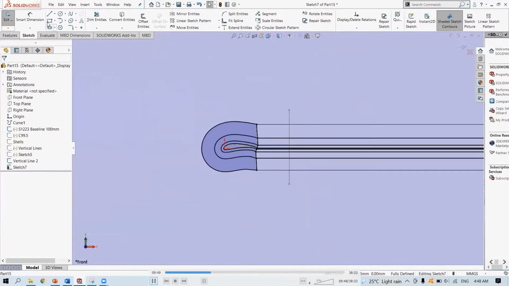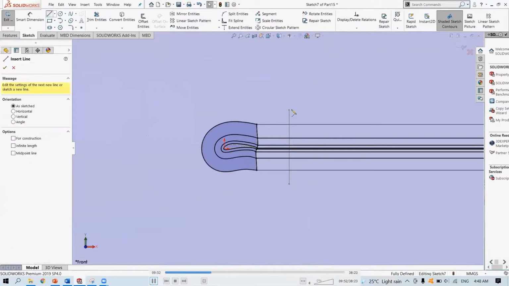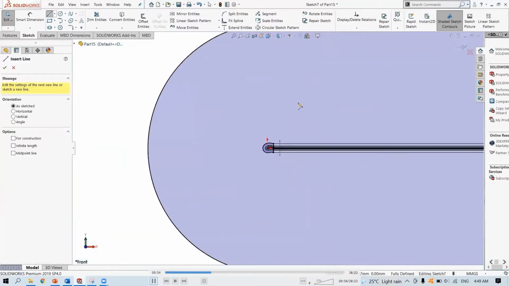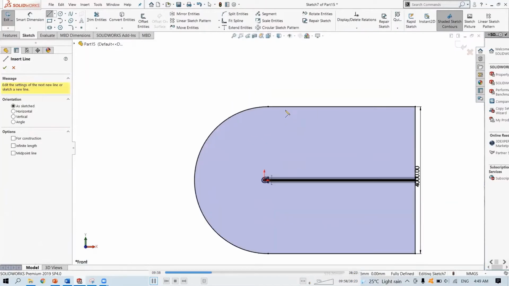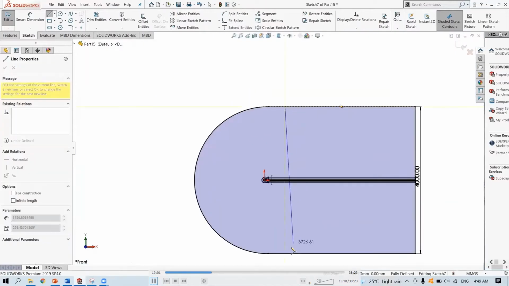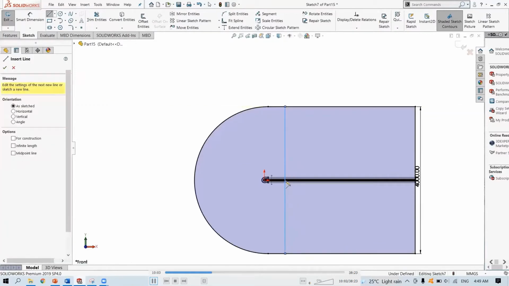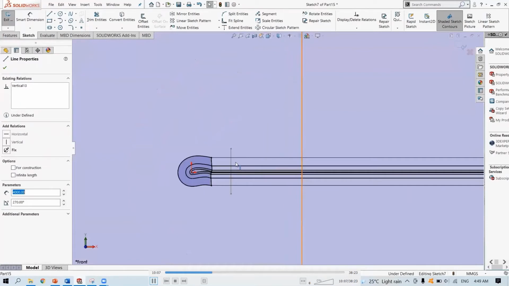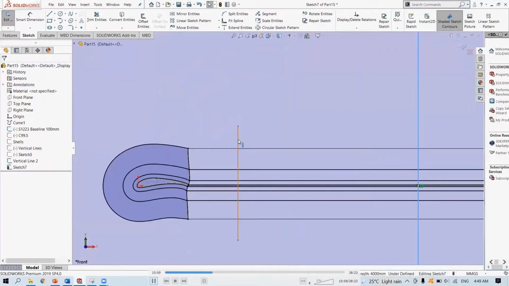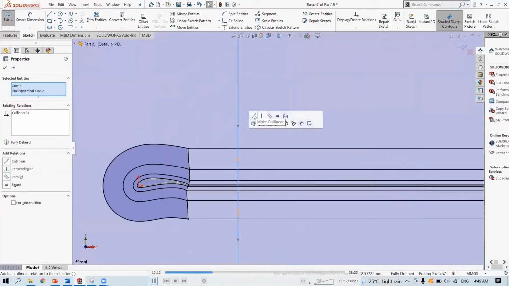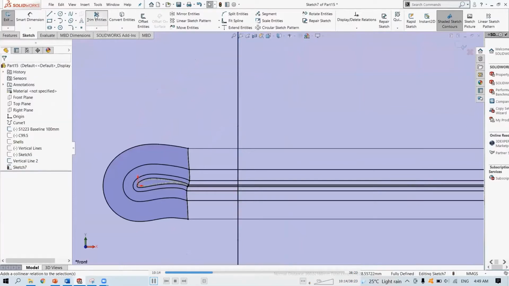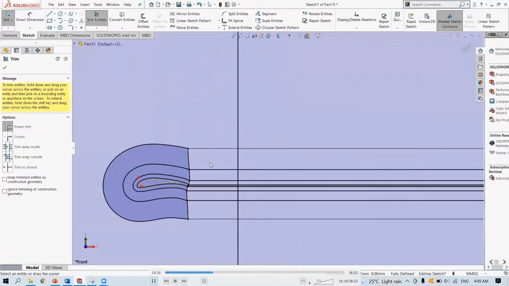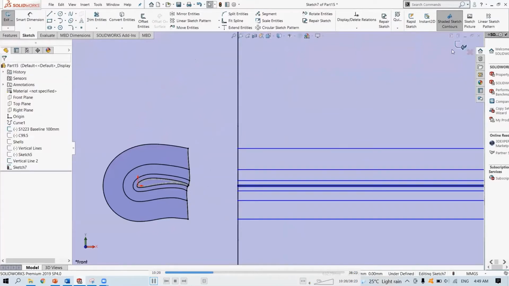Then I'm just going to draw a straight vertical line. This will be the limit after the wake, that the mesh will be defined into being a straight rectangle. And that's the limit over there. One chord length after the trailing edge. Then just trim it off.